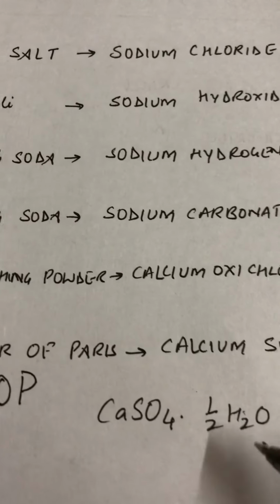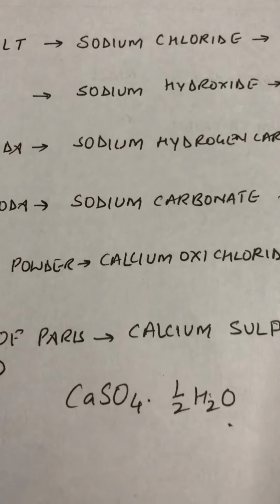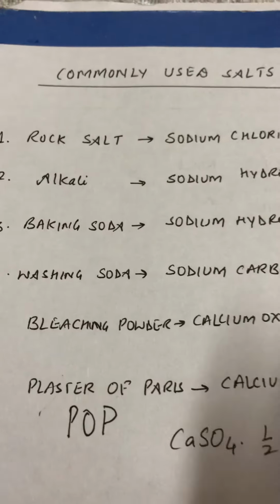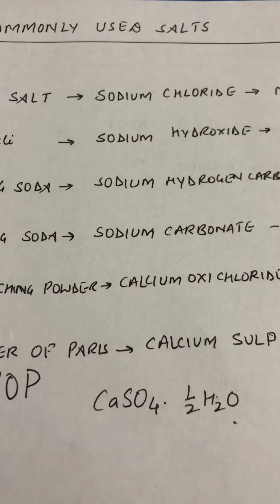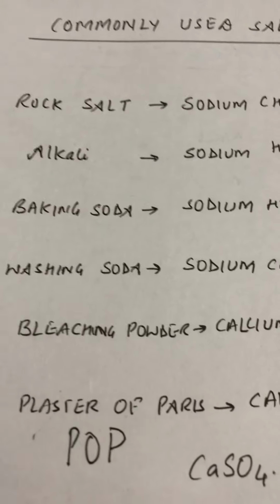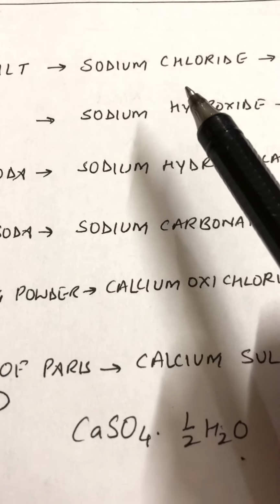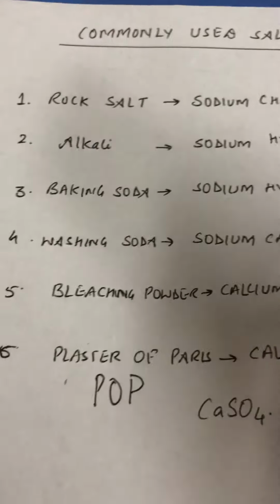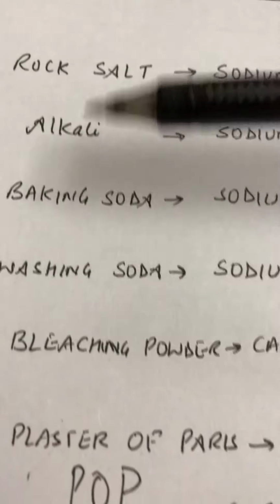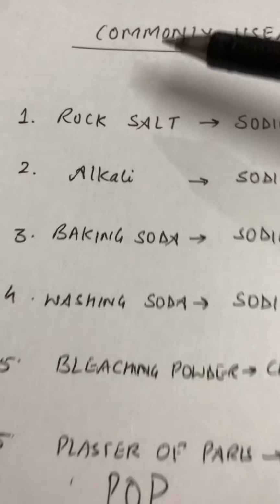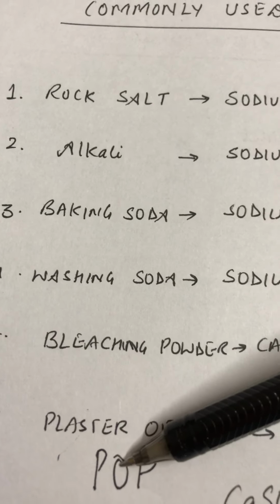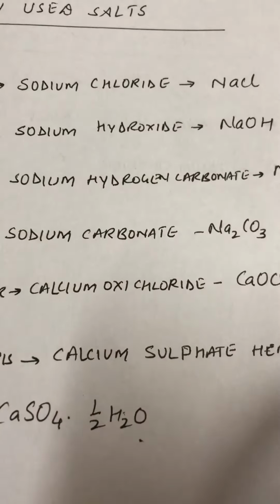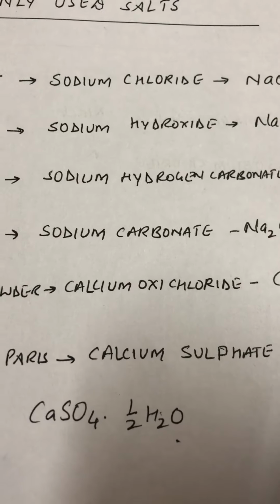So all these powders, the notes will share with you the chemical equation required in preparations. This topic is of great use from the examination point of view. 3-mark questions are asked on the preparations and their uses. All these powders, starting from rock salt to plaster of Paris, they all are white in color and are used in households. That is the reason why we have to learn their properties and their uses thoroughly.